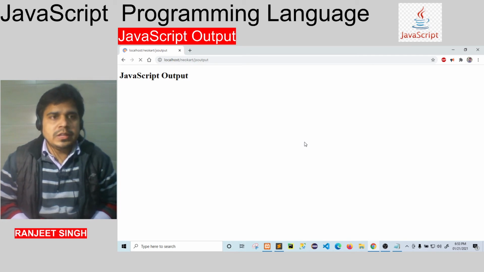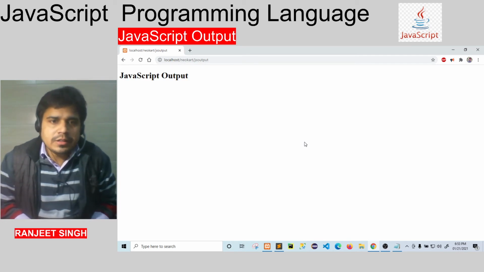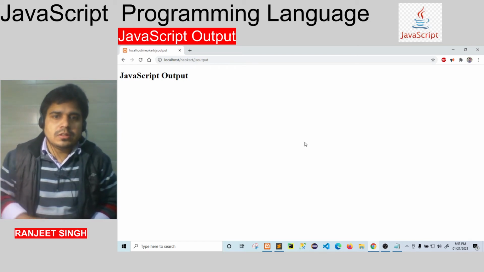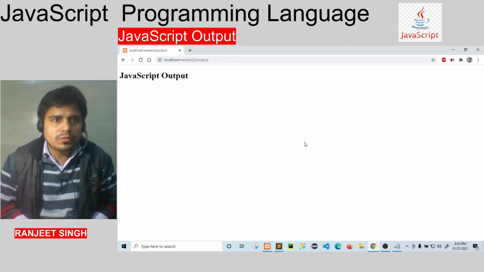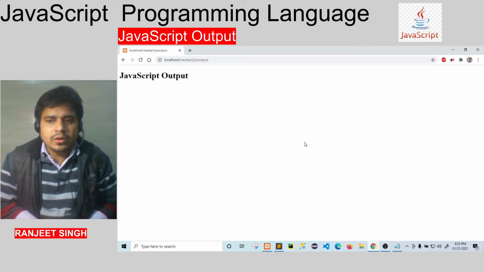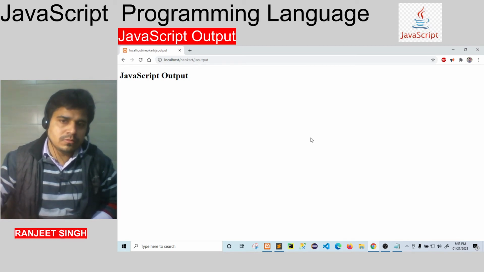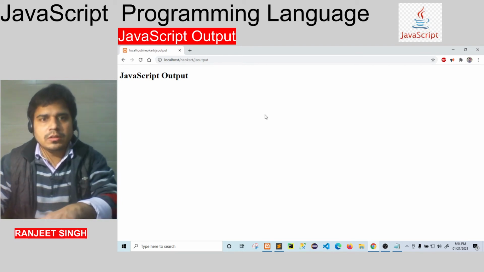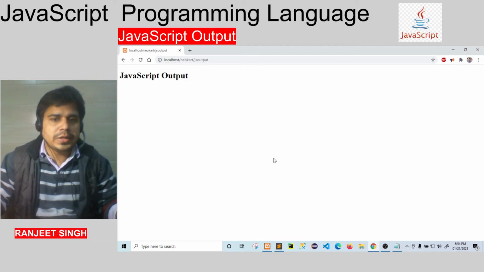We will have to press F12 on the keyboard, and in the console we will see the output. We can do inspect also.